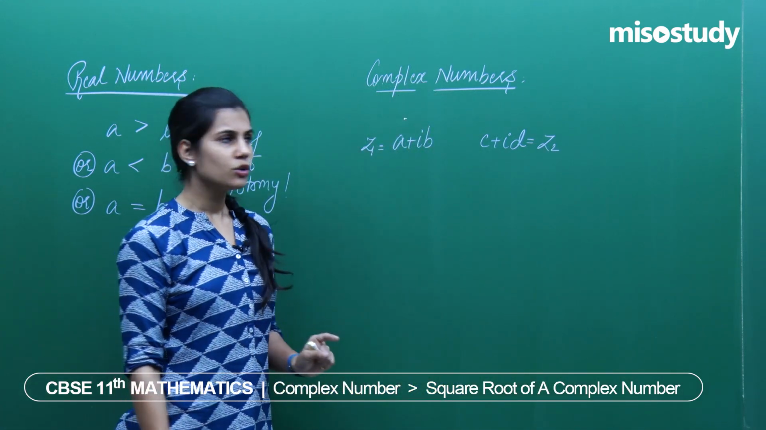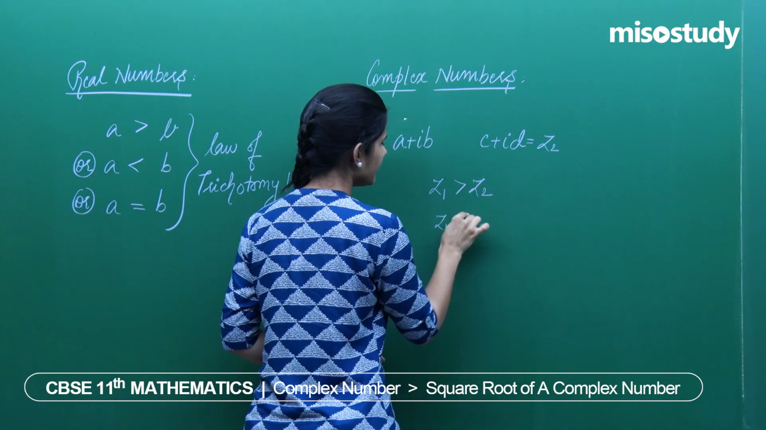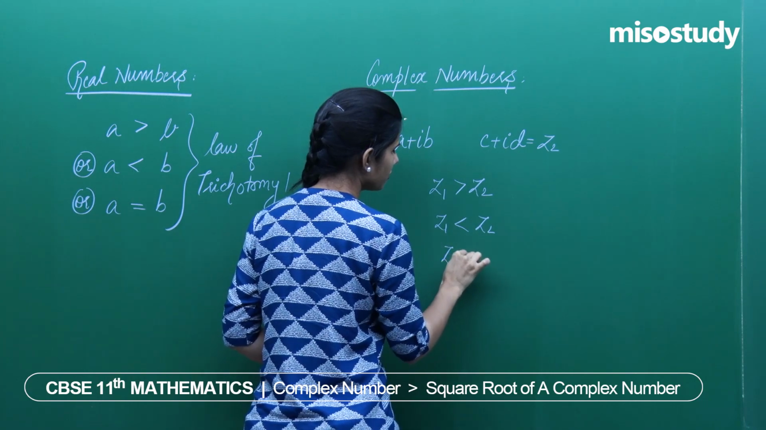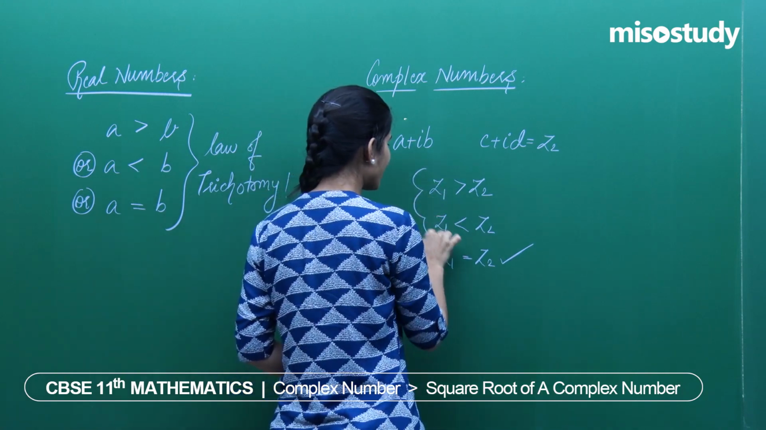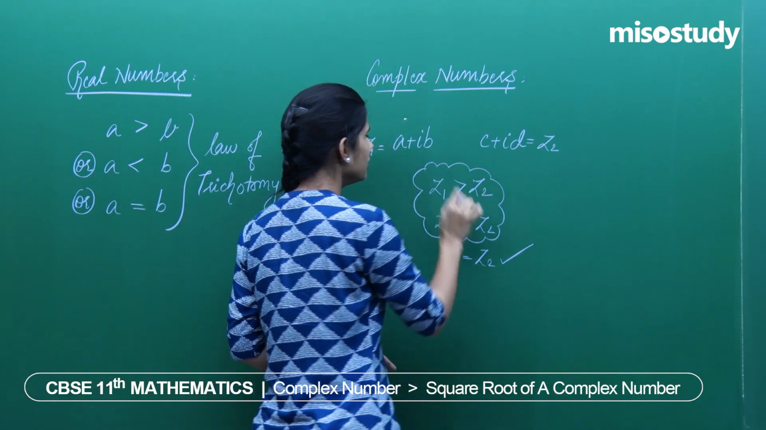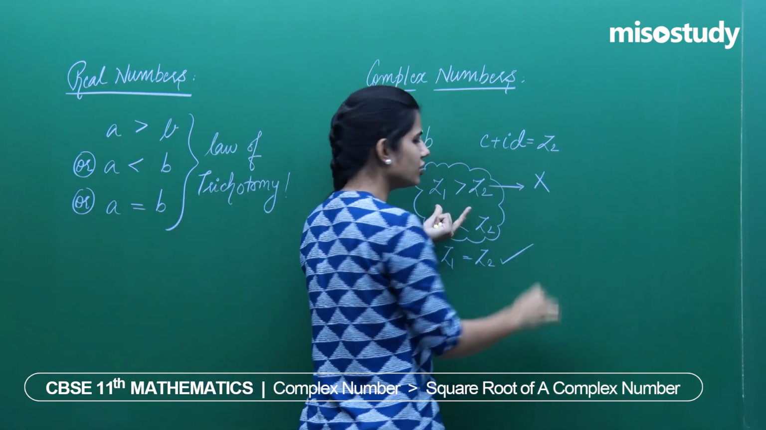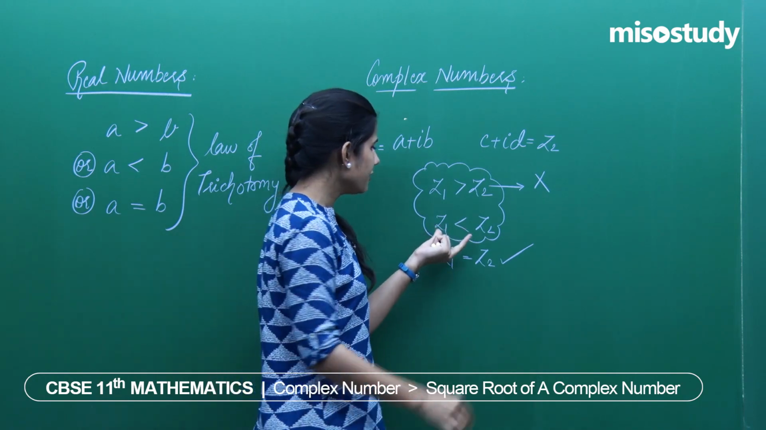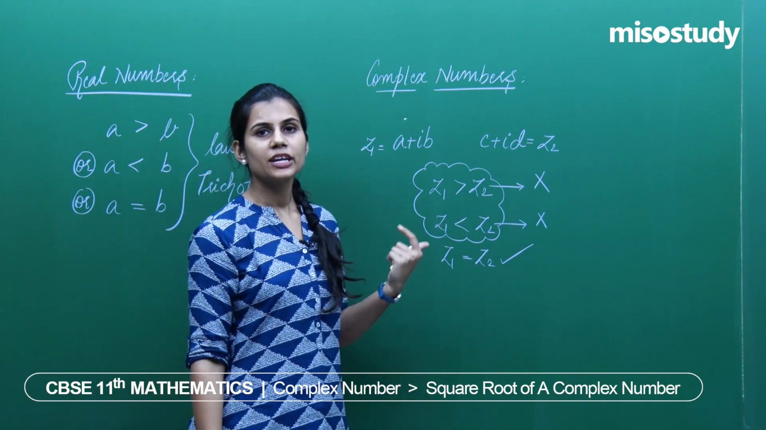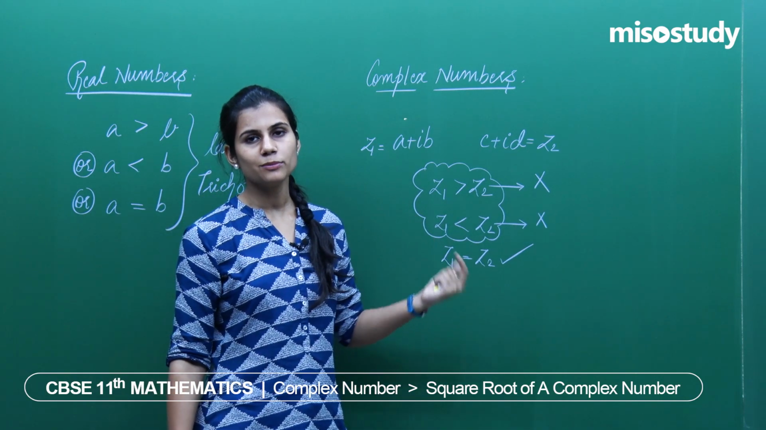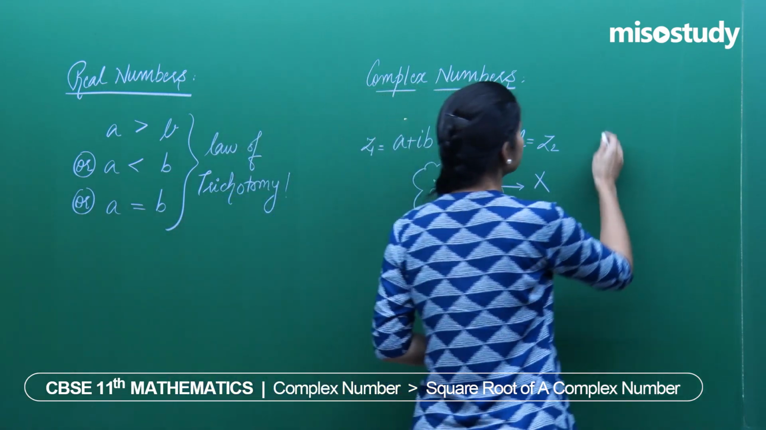I can never ever conclude whether z1 is greater than z2, z1 is less than z2, z1 is equal to z2. z1 is equal to z2 is a concept which is valid, obviously, but I cannot actually compare two complex numbers. z1 greater than z2, this concept just does not exist. z1 less than z2, this concept just does not exist. One complex number cannot be compared with the other complex number in terms of being greater than or less than that complex number. Why? Because a complex number is made up with